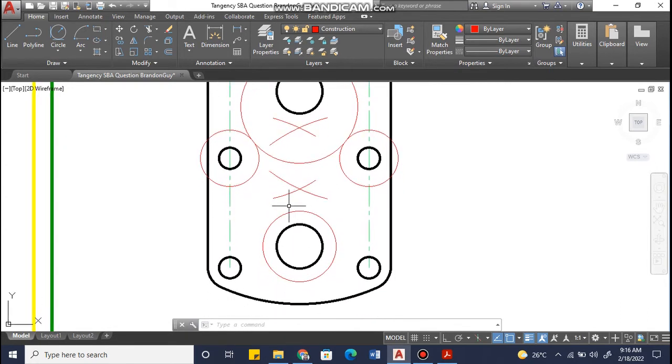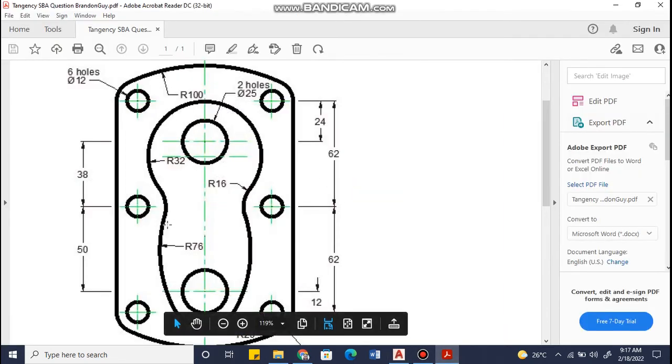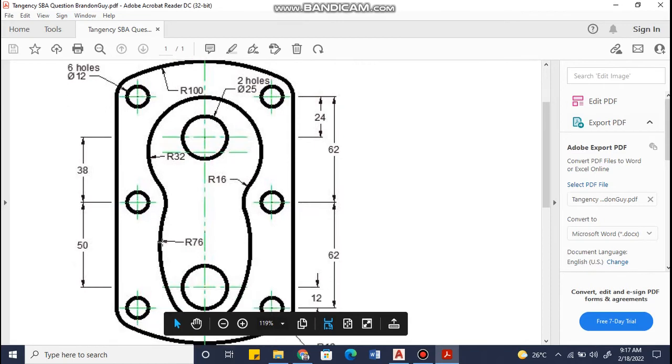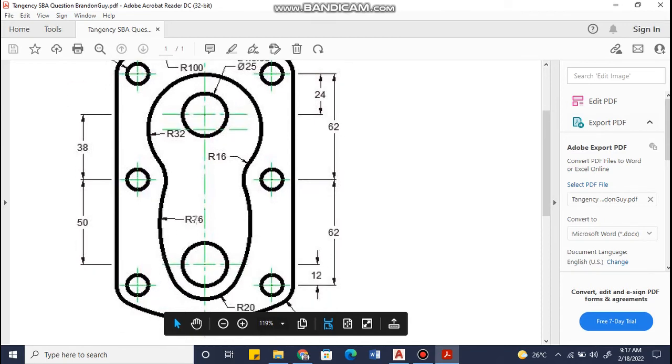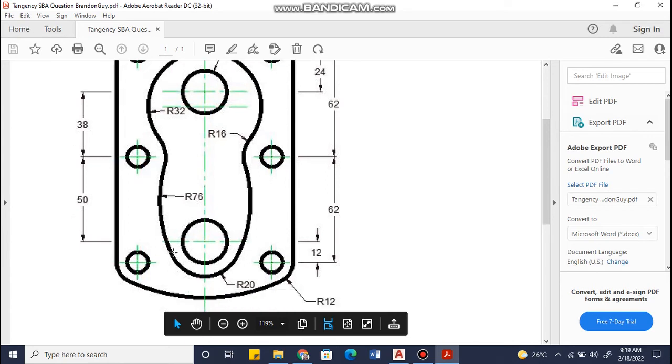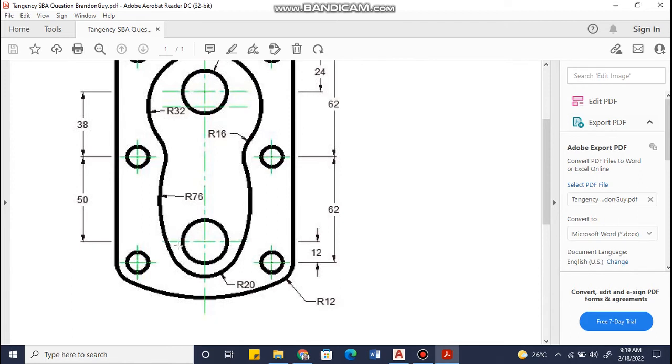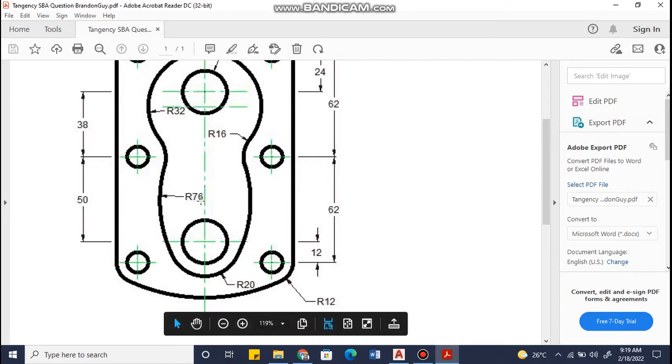Now we could go both ways on this particular question. So let's go back here. Now we need to draw this particular arc that belongs to a circle of radius 76. The first arc we are going to draw to get our tangent would be the arc that comes from this point. Now if we were to draw a circle for the radius of 76 and a circle for the radius of 20,